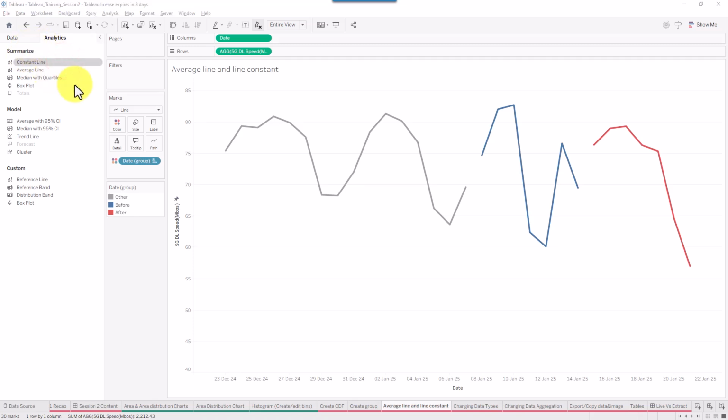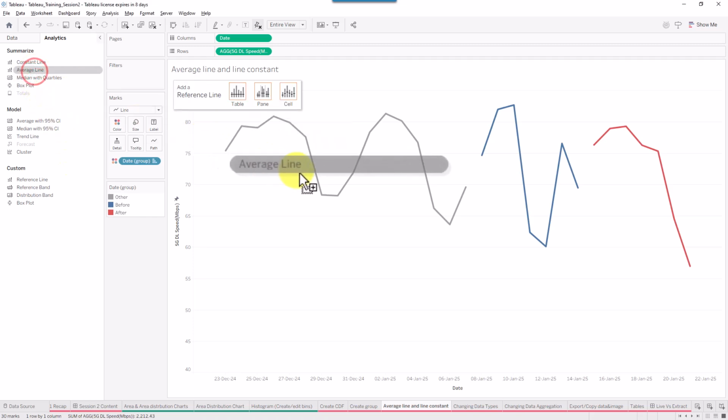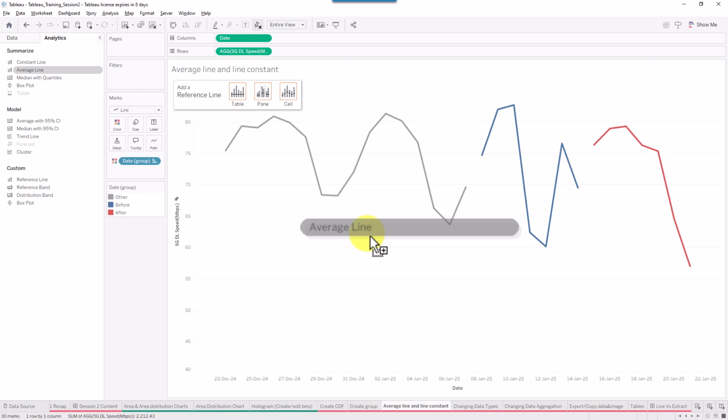So first I will be starting with the average line, which is this one. What you need to do, very simple, you just need to drag and drop the average line here. The main idea of dragging and dropping the average line is that it draws a line which is calculating the